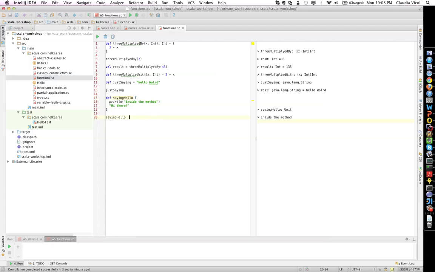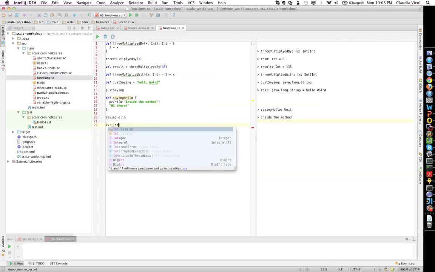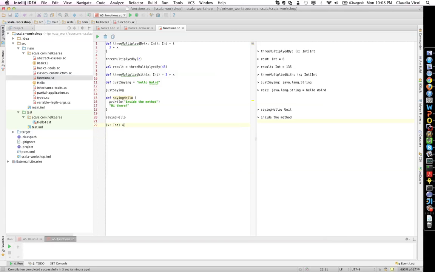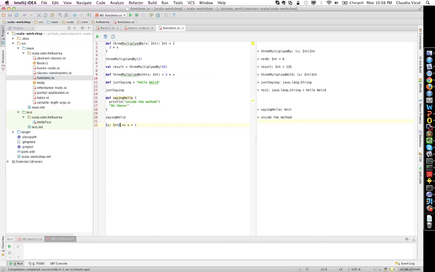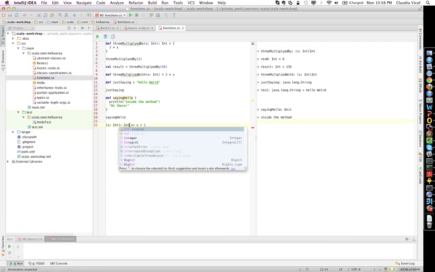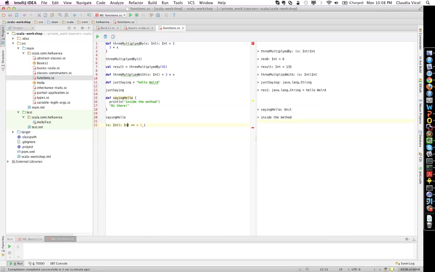Another big difference between the ones that you define as, let's say as a val, is that you can do anonymous functions. So anonymous functions, you don't have to give them a name, so you don't have to start with a def. So you say just, I have some parameters, I have an int, and the body of the function will be x plus 1. Of course, you can say here what it returns, but it's not compulsory. And if you do say this,